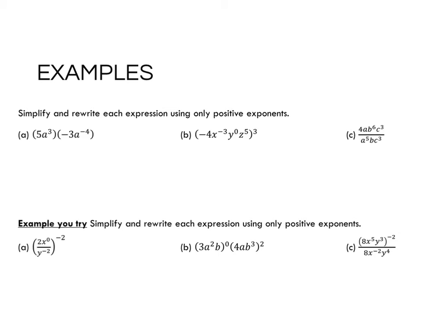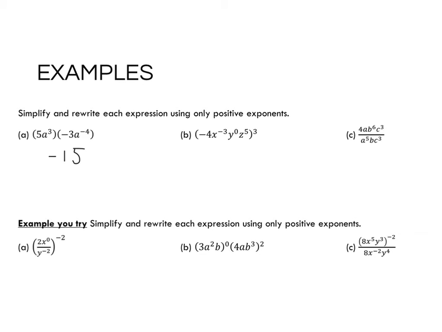Let's do some more examples. We want to simplify and rewrite each expression using only positive exponents. Notice in letter A, we are multiplying two numbers together. We will multiply the 5 and the negative 3, negative 15,